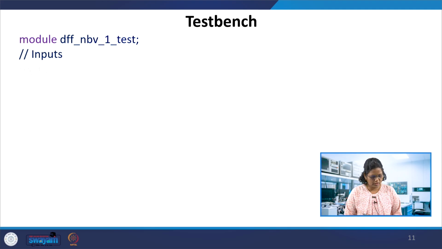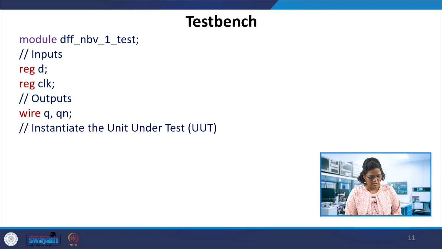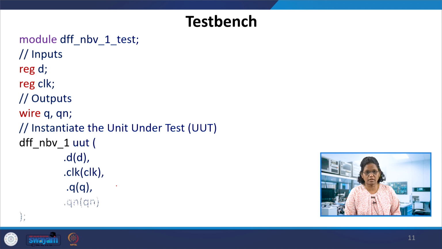The test bench carries the inputs D and clock, and outputs Q and Qn. It instantiates the 2 always block module, DFF1B UUT, with clock, Q, and Qn.